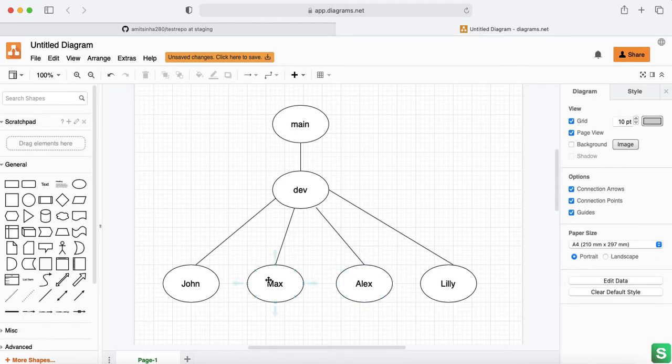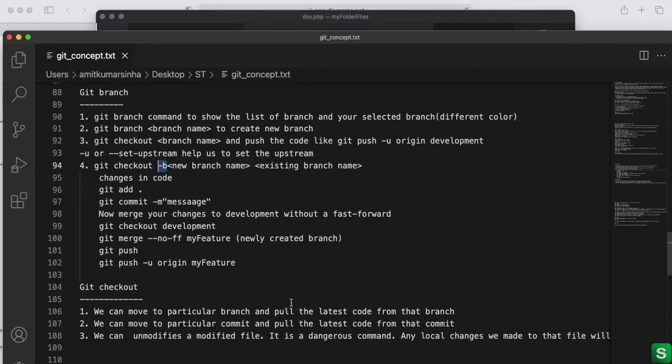It is very easy to handle the conflicts and the latest code, and once we have the latest code in development, we can easily merge it into the main branch and then do the build on the server. So that's why we need the parent branch and the child branch. So how can we do it? We can do it using this command.